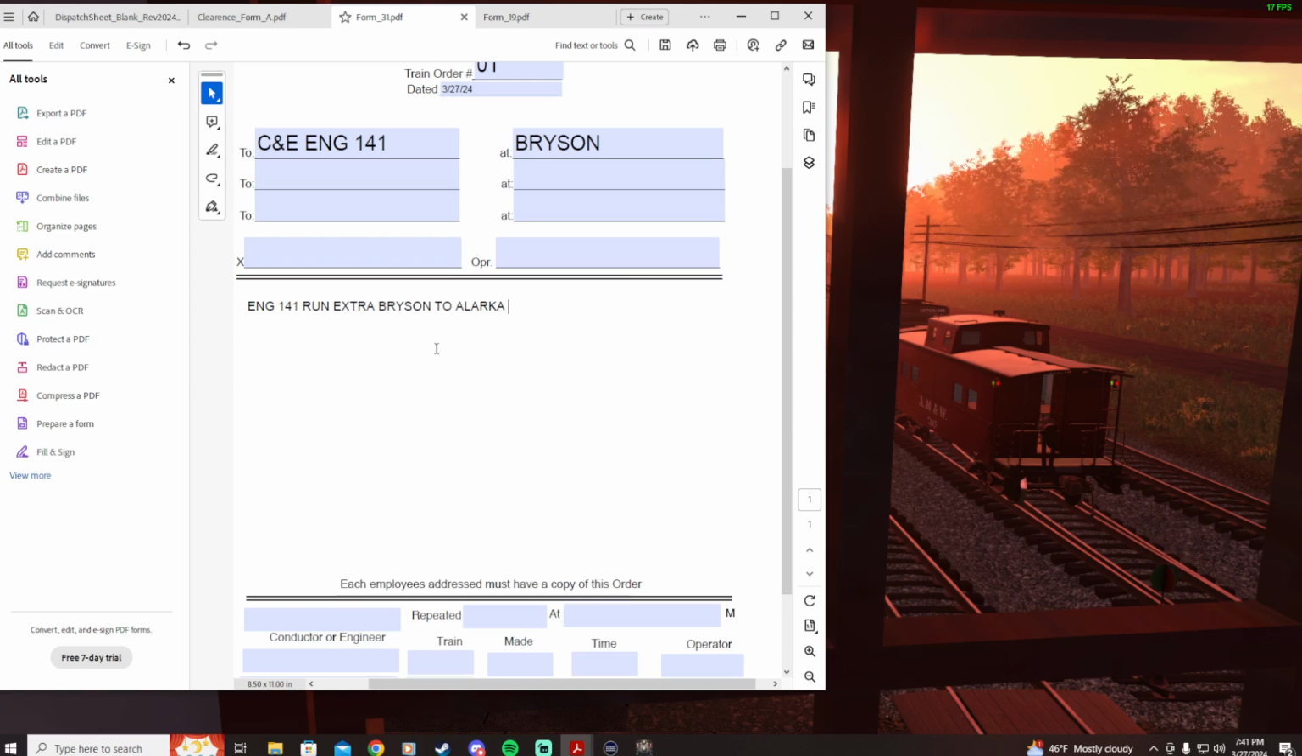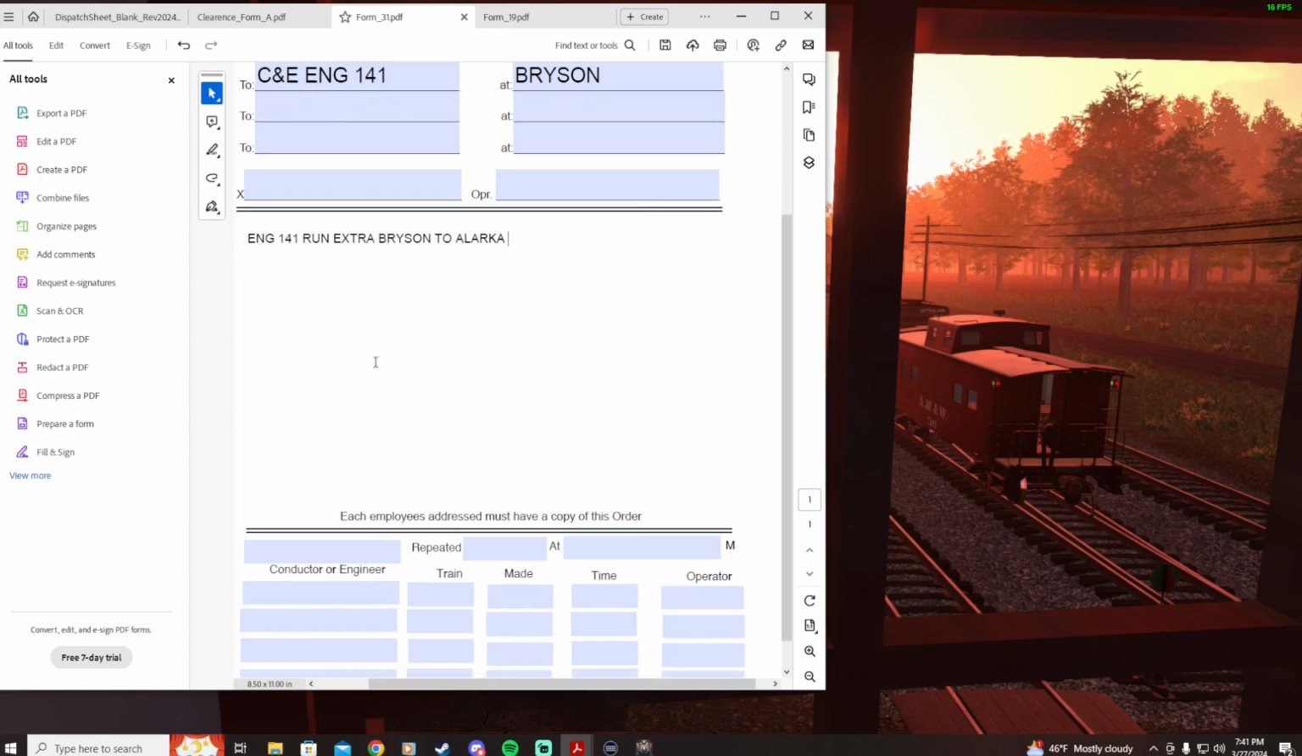So we'll just get him to there for now. Okay, and one other little twist before we leave this page here is to whom the order goes. Now, the extra 141